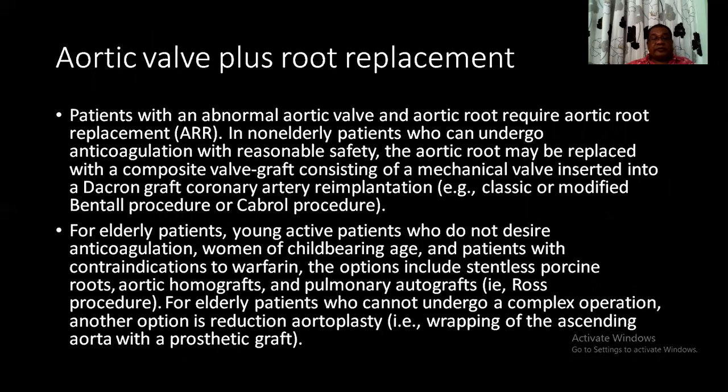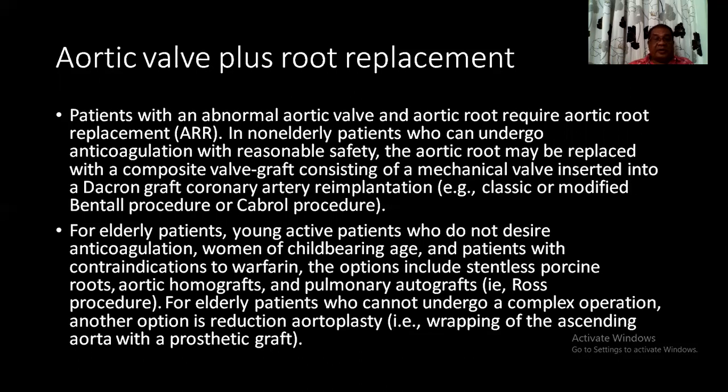Aortic valve plus root replacement. Patients with abnormal aortic valve and aortic root require aortic root replacement. In non-elderly patients who can undergo anticoagulation with reasonable safety, the aortic root may be replaced with a composite valve graft consisting of a mechanical valve inserted into a Dacron graft with coronary artery reimplantation, classic or modified Bentall procedure or